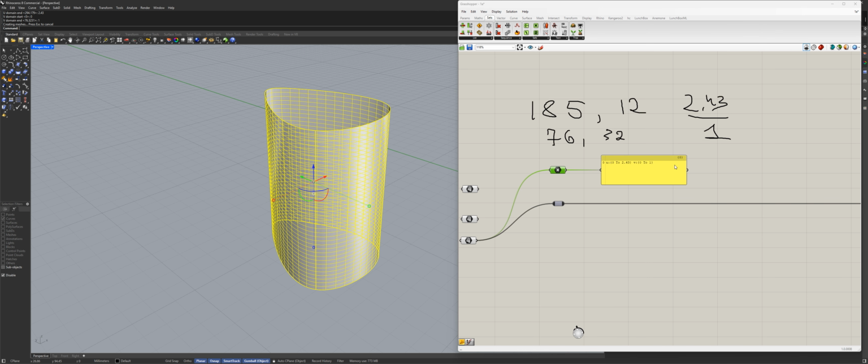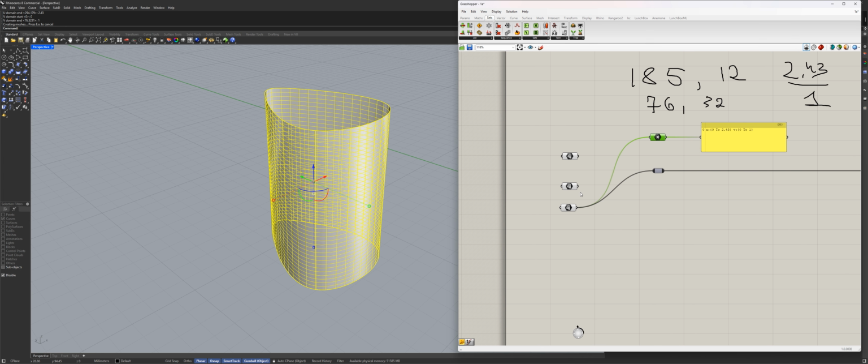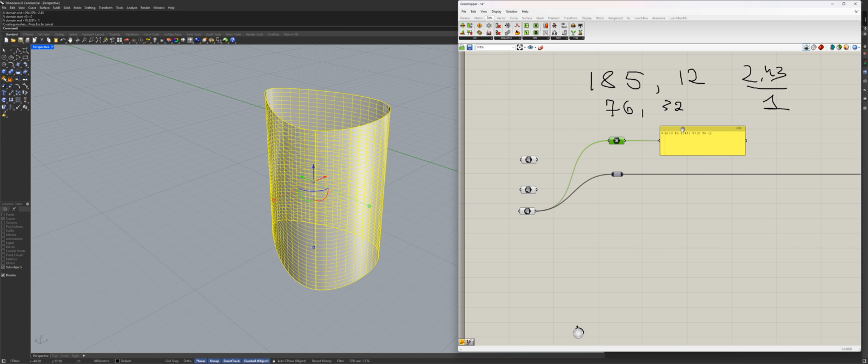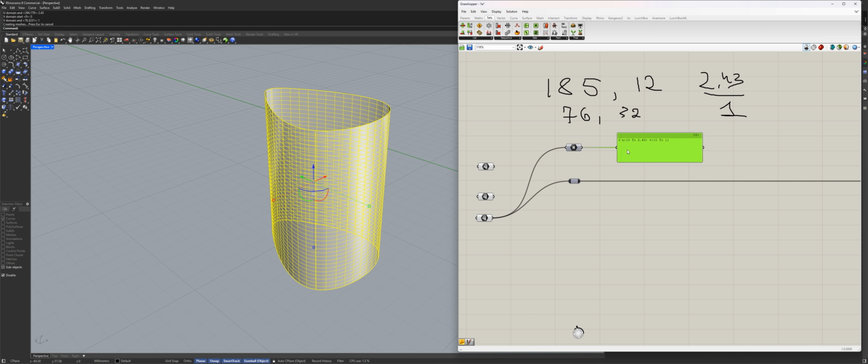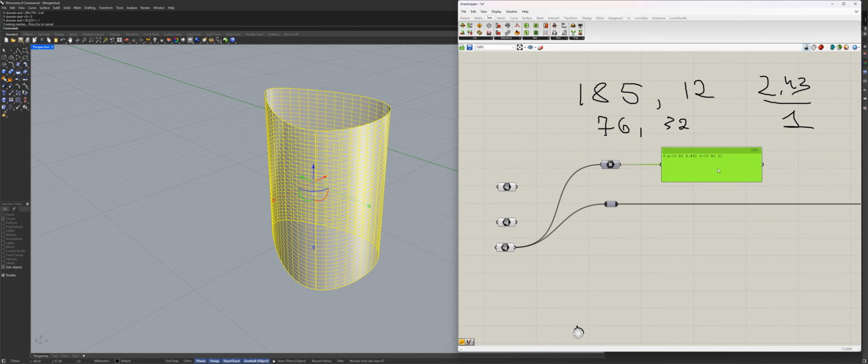So now we have a new domain. You're going to see here that because the surface is linked, it automatically reparameterized that. And this has become our original one. We're going to convert it to 0 to 1, and our script does this, but this is what we are